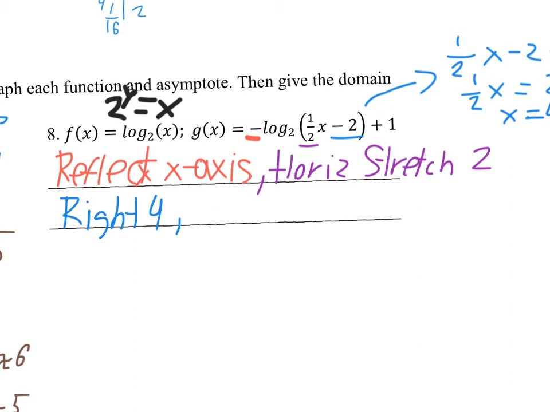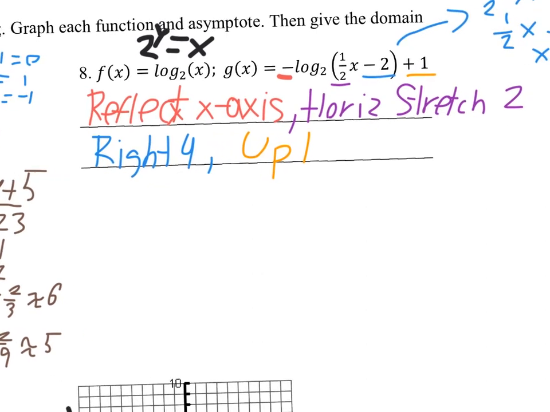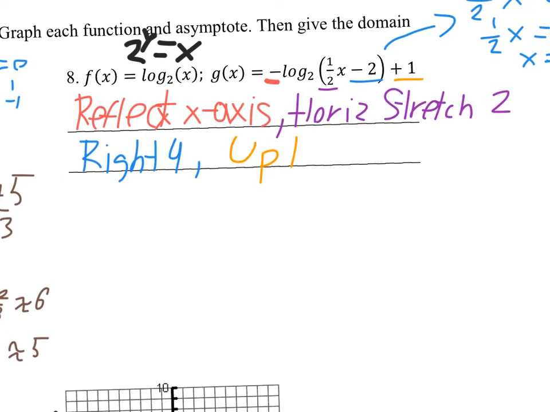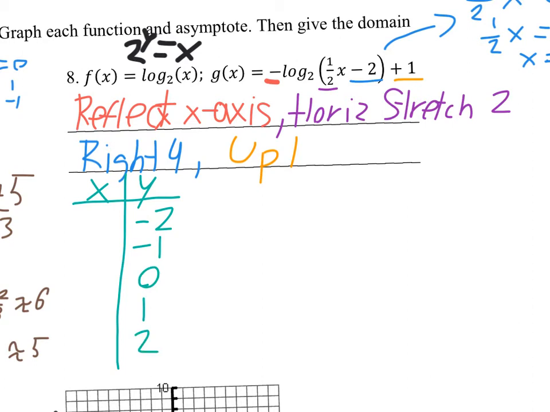And finally, the very end there, plus 1. Up 1. All right, so translation's done. It's time to make our tables. And this is where that 2 to the y equals x is going to be helpful for us. So we set up our table. Our first parent function, we've got our x and our y, but because we're using the inverse exponents, or the logs, we're going to put those -2, -1, 0, 1, and 2 in the y column. So we can use our inverse functions to solve for our x's. And that'll give us